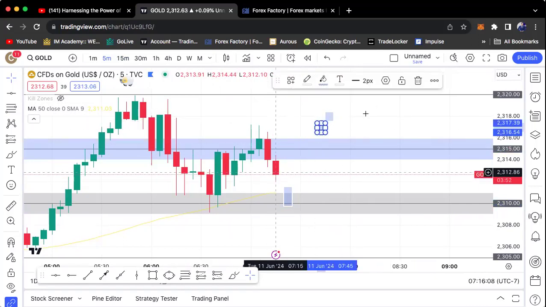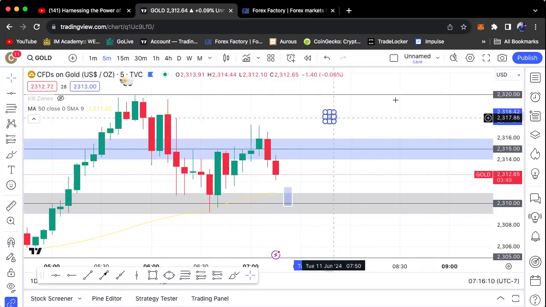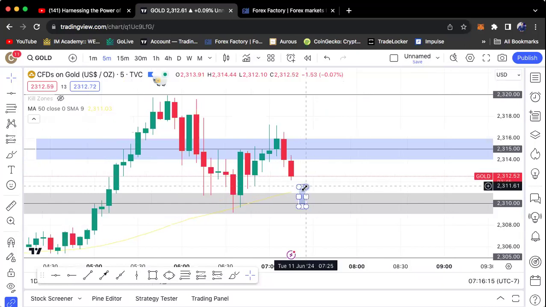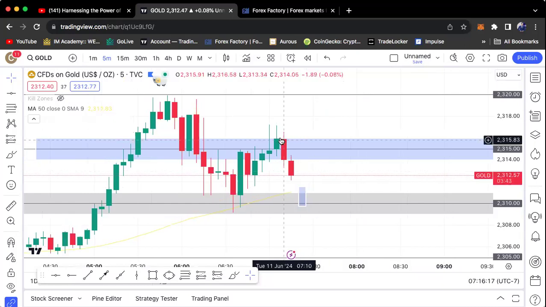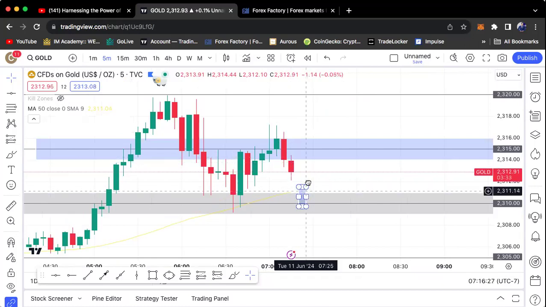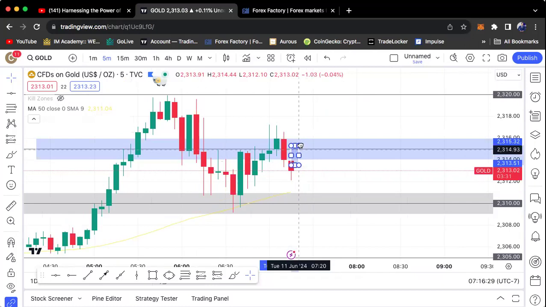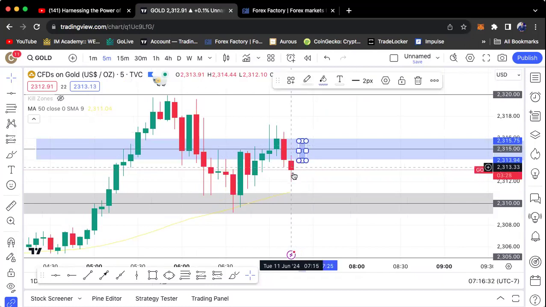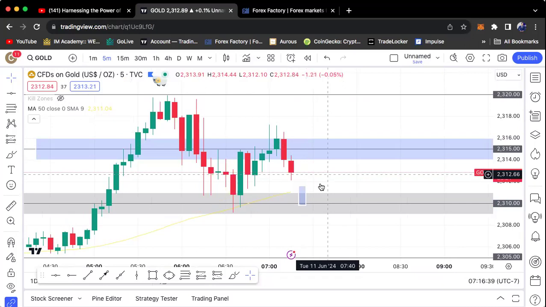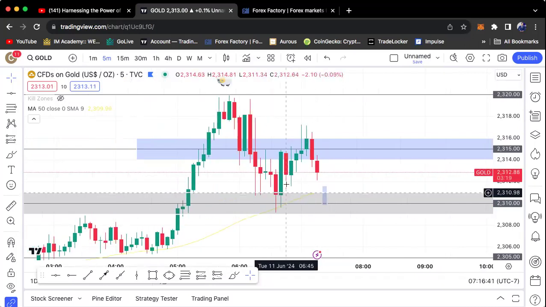Because wow, look, it's pushing price down. It broke above, but it failed to give me that bullish confirmation candle here. It's giving me a bearish candle. So now I'm not entering the buy because it's giving me a bearish candle. It's pushing price down. Now I'm going to wait, and it may come back to this hourly zone here for another